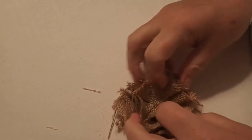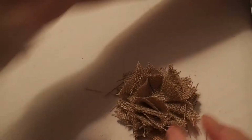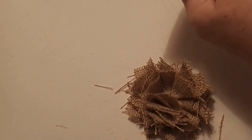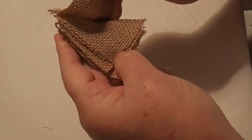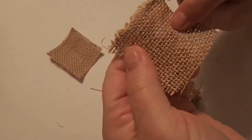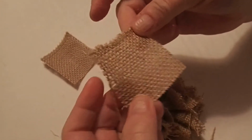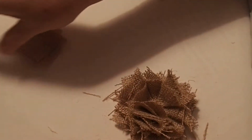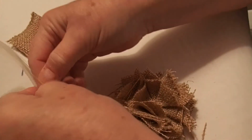I think I need a couple more. I've got some pre-cut ones here that are smaller. I'll just use a couple of those. Oh, right. And it might be obvious to me, but maybe not to you, but the smaller the square that you use, the smaller the flower you get. So let me just, you keep working and I'll show you what I'm talking about. These little tiny flowers